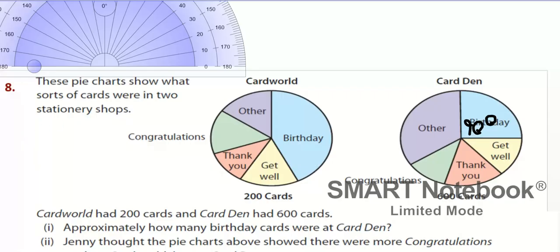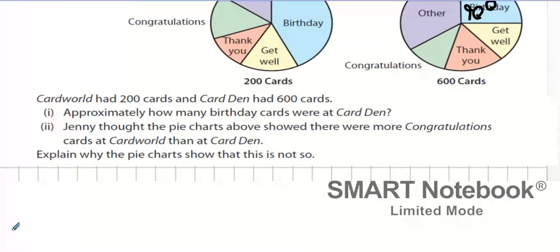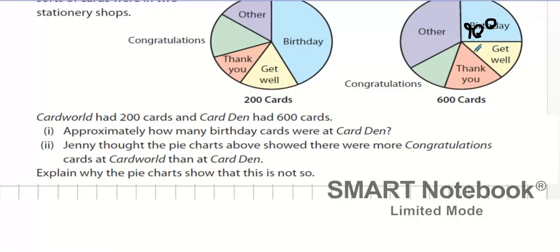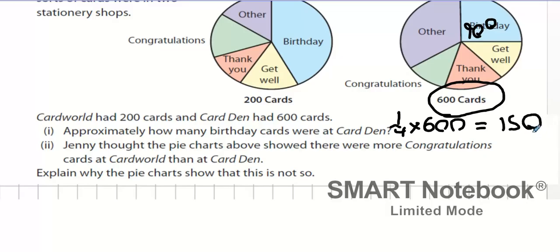Now, would you agree that's a quarter of the cards? Would everybody agree it's a quarter of the cards? A quarter of how many cards? So a quarter of 600 cards. What do we get? 150. You cool with that? Now,